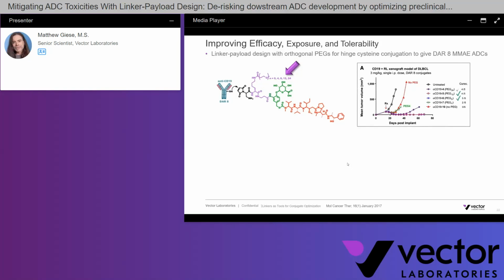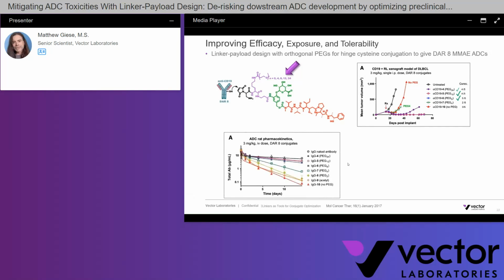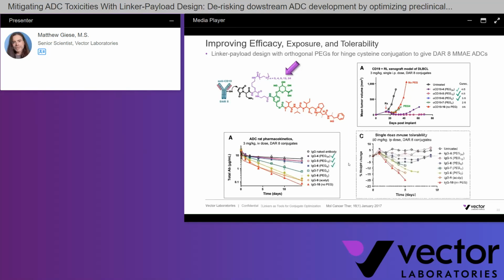And those with the PEG 8, 12, and 24 show the greatest amounts of TGI, and PEG 8 and 12 appear to be slightly superior. This trend was reflected in the PK studies, and conjugates with the 8, 12, and 24 had PK profiles that were similar to vehicle. This was also reflected in tolerability studies, and the ADCs with the 8, 12, and 24 were tolerated similar to vehicle, with the PEG 12 appearing to be slightly superior. So this is a nice example showing that orthogonal PEG modifier can be optimized to provide this best balance of